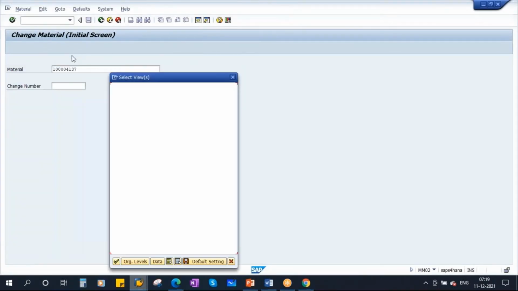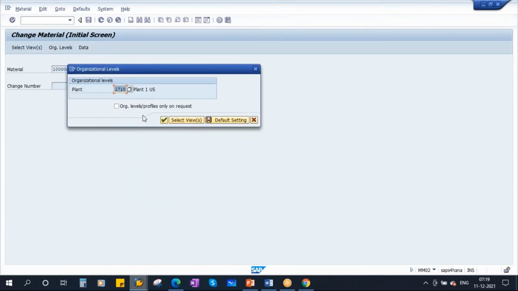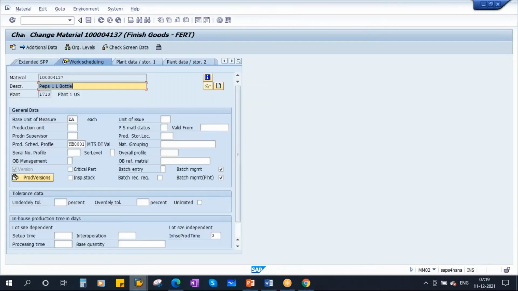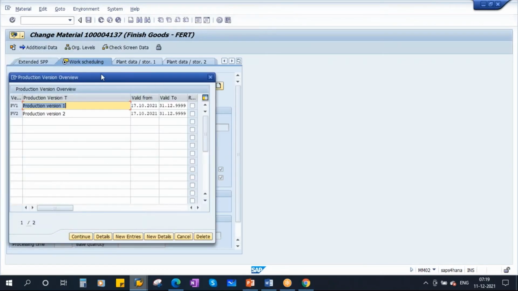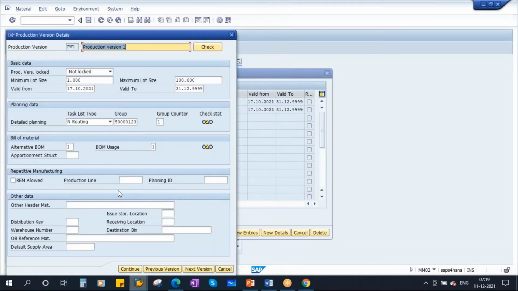Let's go to the material master. I'll go to production version, work scheduling. Plant is 1710. Here you see the production version. Select the production version and go to details. Here you see there is an issue storage location.